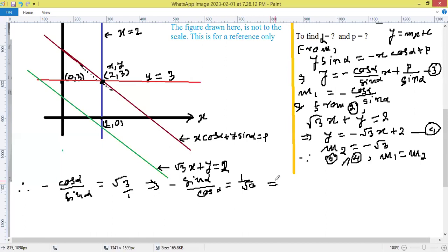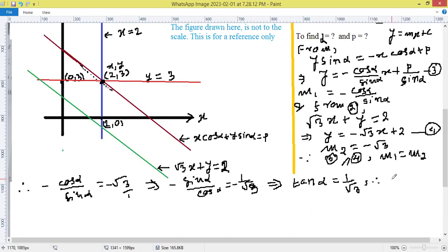And you know that sin alpha by cos alpha is tan alpha, and take this sign, it is negative. So this is also negative, so here it is negative here. So the negative signs will be cancelled out. So after that it is tan alpha equals 1 by root 3. So therefore,